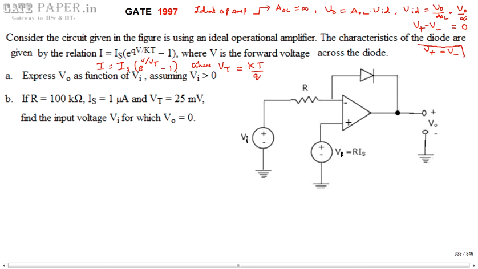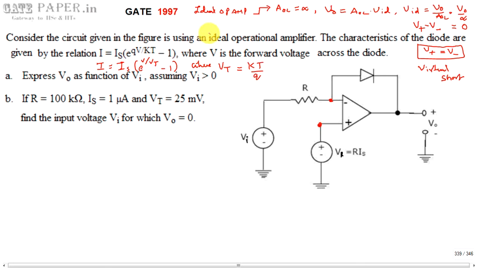The voltages at the non-inverting and inverting input terminals are always the same, even though they are different nodes. This is the voltage at the inverting terminal, this is the voltage at the non-inverting terminal. Both are different nodes, but both have the same value. That implies they are virtually shorted. So we call this concept the virtual short concept. If you know the voltage at one terminal, the other will definitely have the same voltage.